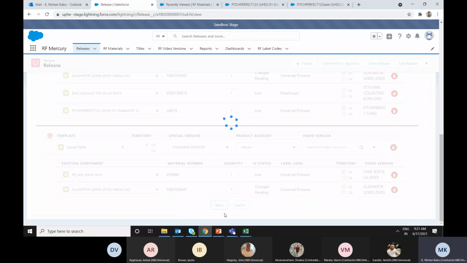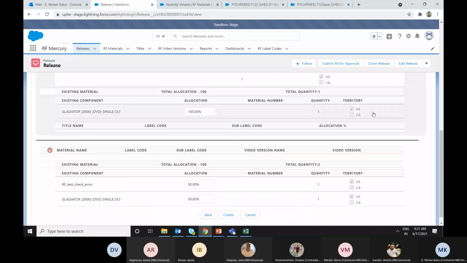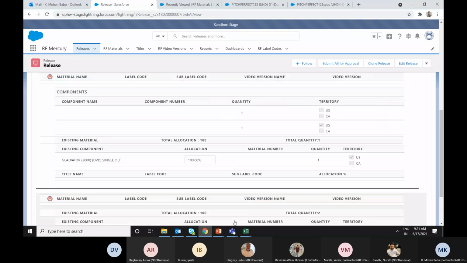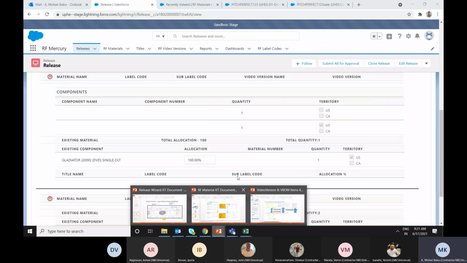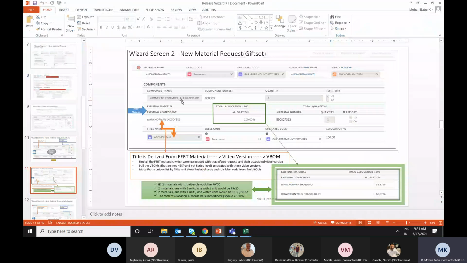Okay, so I'm clicking next. For the gift set material, we can add existing component as well as existing materials. In this case, we have the existing material. This existing material will have the video version, and these video versions will have the VBOMs.